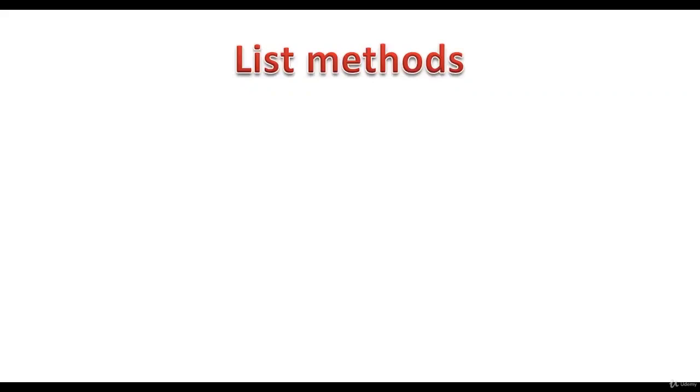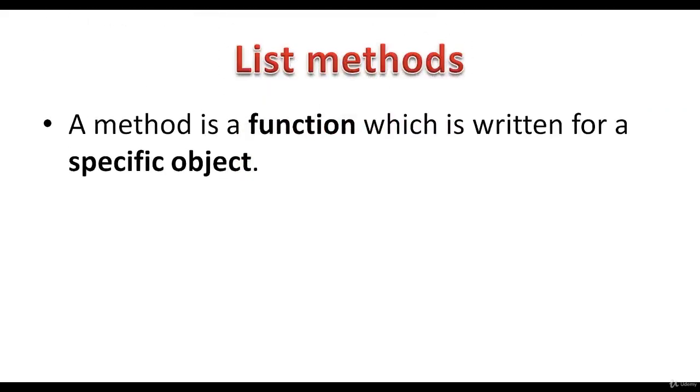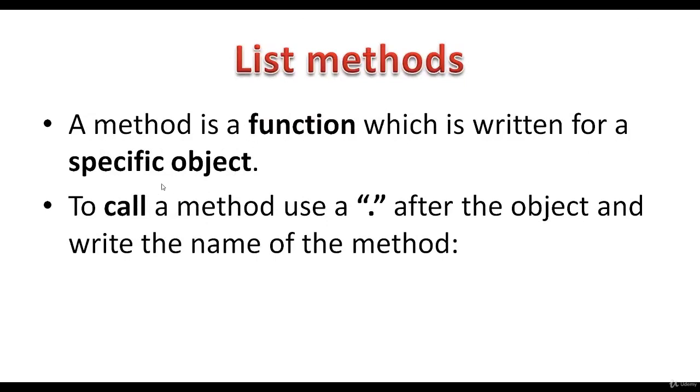List methods. A method is a function which is written for a specific object. To call a method, use dot after the object and write the name of the method. For example,